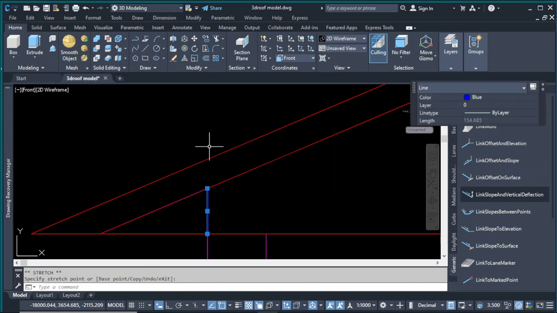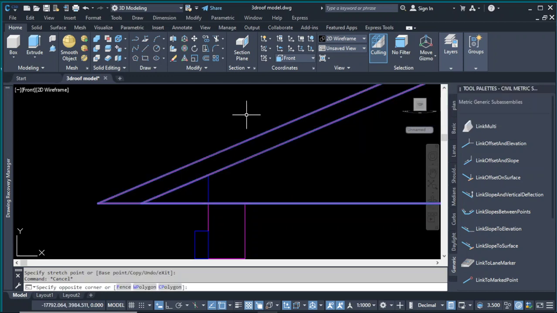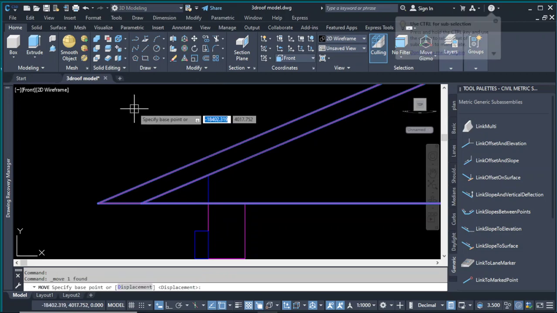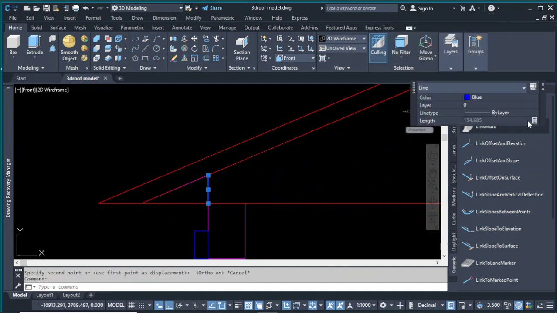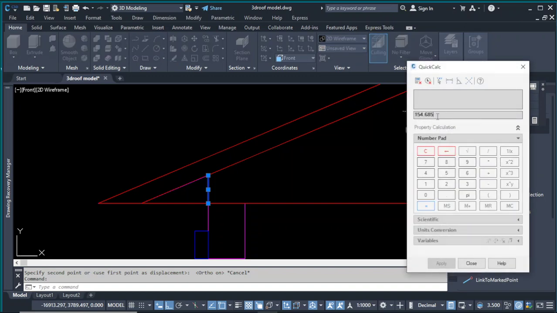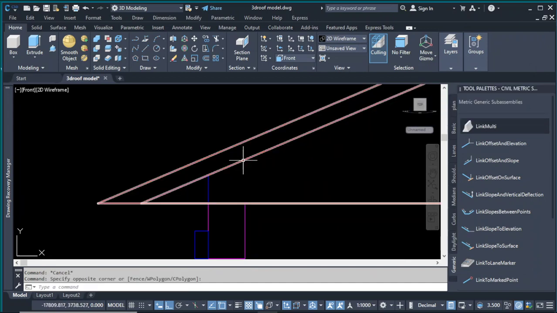Yes, we still can be able to. We want to see how much we want to move this roof. So it's a value of 154.685. So we just pick this roof, then we just push it. How much was the figure? Again, maybe we can just copy it, then we just copy that value, then we just come to the roof